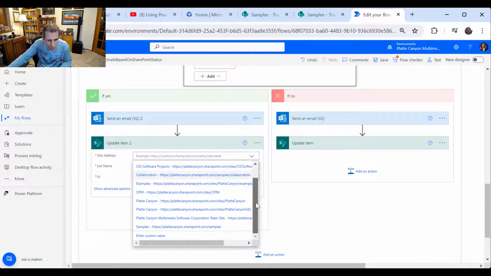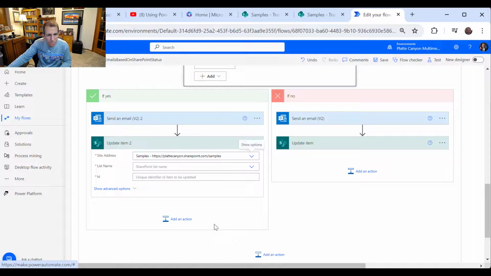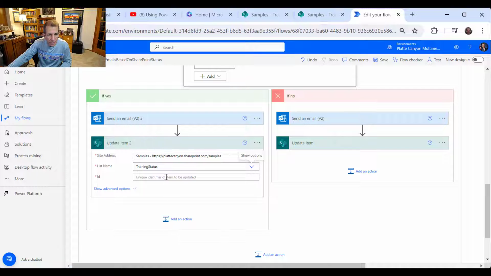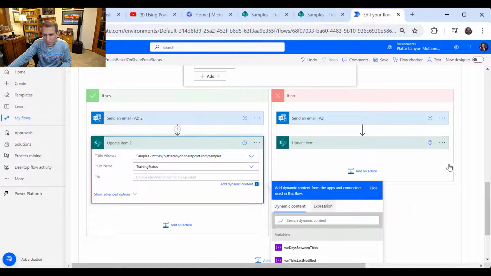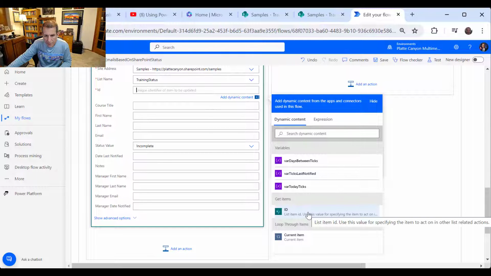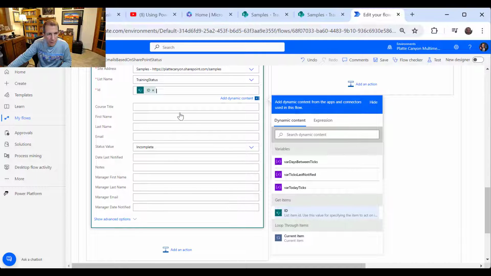Should be my sample site. There it is. And I called it training something, training status. And then we want to get the ID from the get items that we're looping. And then we're not changing